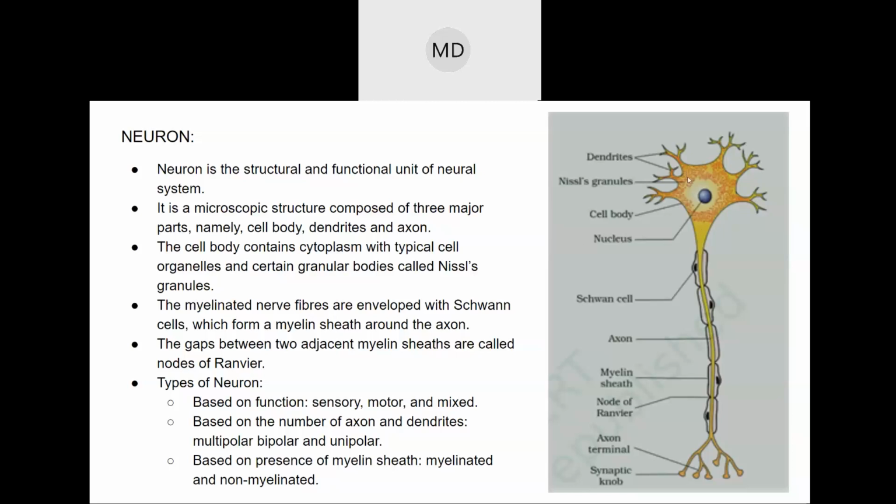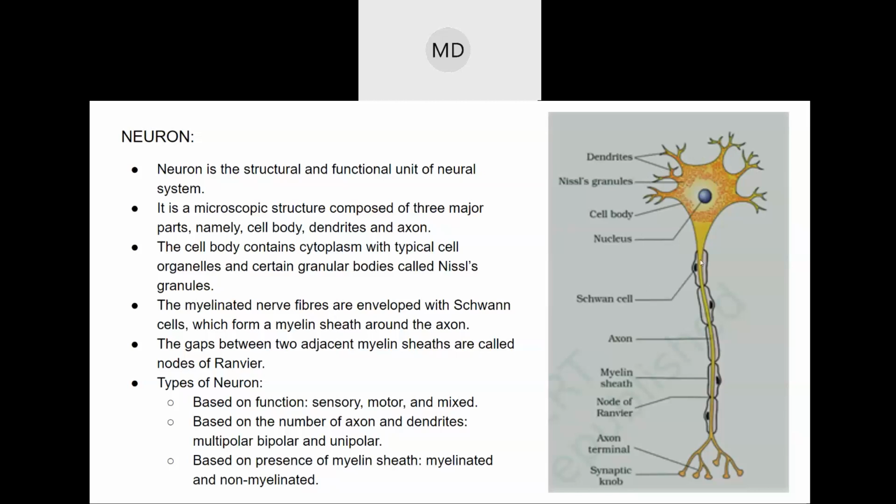Then there will be cytoplasm all over here. These dot fragments are the Nissl granules. What are Nissl granules? They are small fragments of endoplasmic reticulum, present in the cytoplasm. So they will be found inside the cell, in the cytoplasm. Then this one, mentioned already, is the dendrites. Many dendrites are there. Then the nucleus.